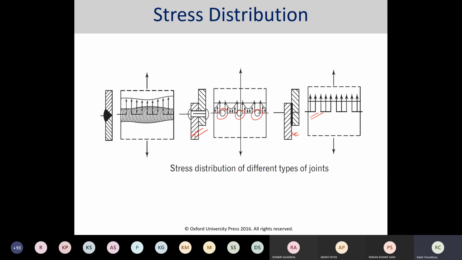So in that context, welded joints are to be considered more rigid. I would not say safer, because both would be safe if you are going for the actual design. But in one case, if the stress distribution is uniform, our design protocol would be very easy. In another context, we may require several kinds of factors to be included to keep things in a bit safer position.